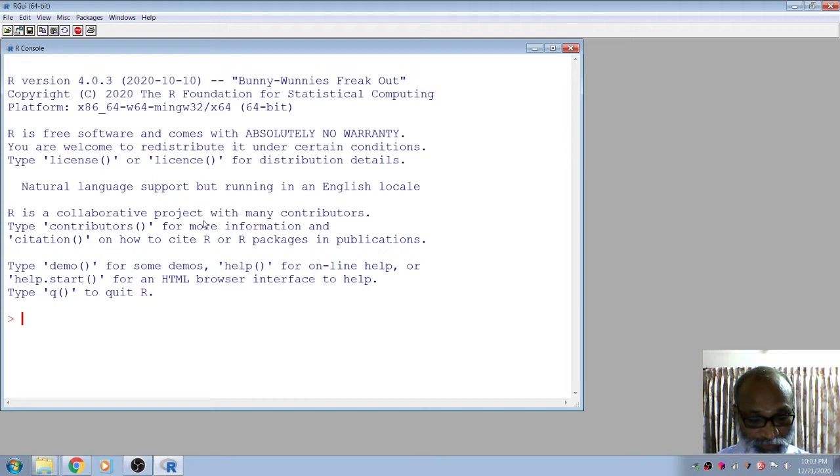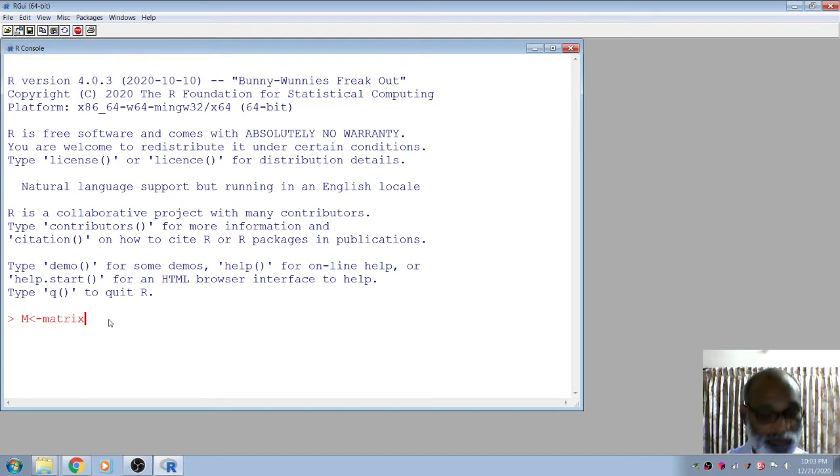So, the creation of a matrix. Let us assume M is the name of the variable. A matrix is nothing but a two-dimensional array. The vector is one-dimensional, which we created in the previous session. A matrix is a two-dimensional array consisting of rows and columns. So how do we create the matrix using the function matrix?